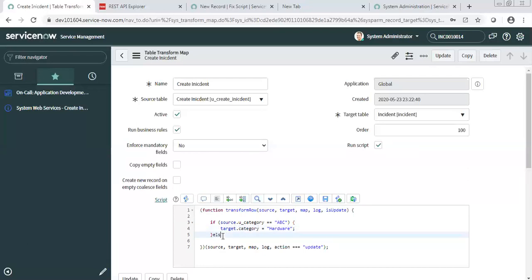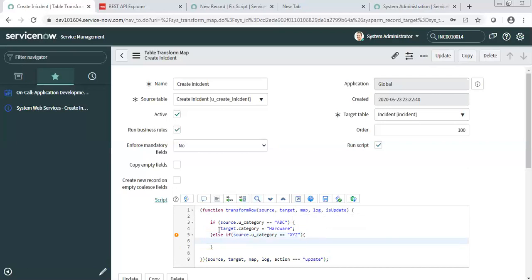Then similarly you can write else if they are sending, let's say, XYZ, then I need to set software.